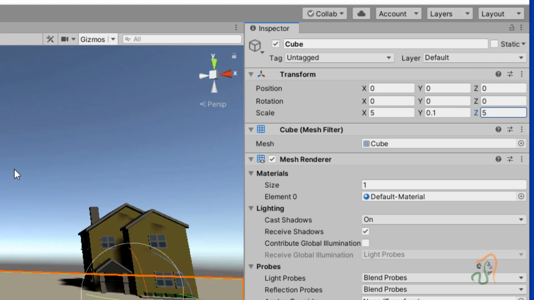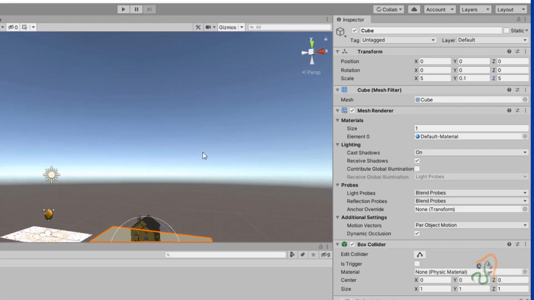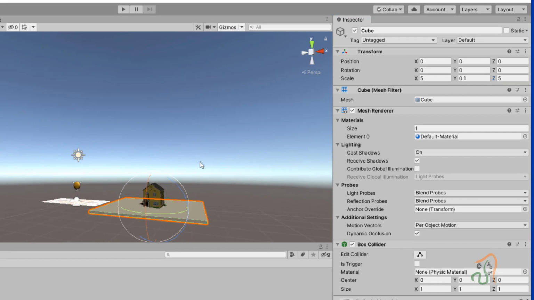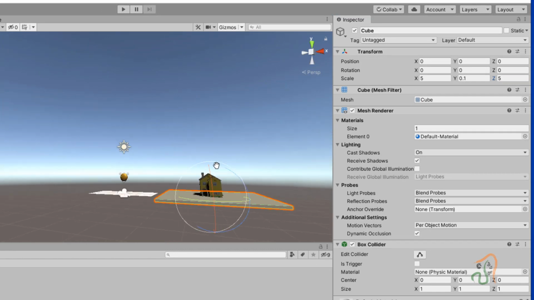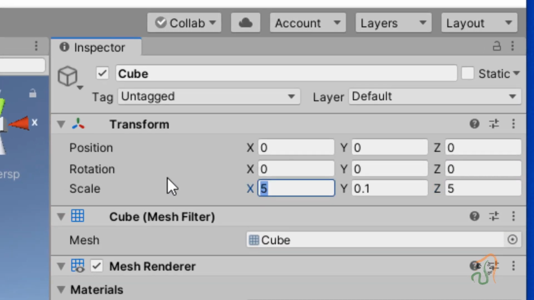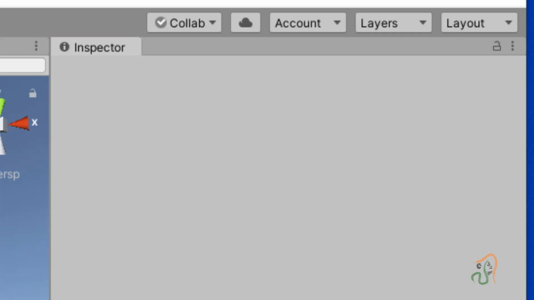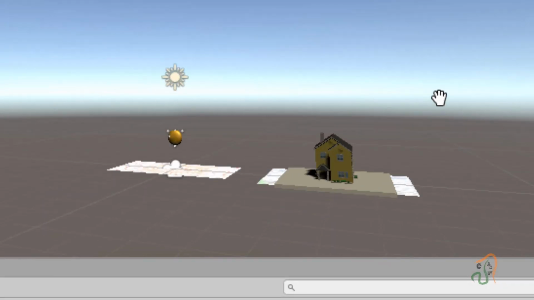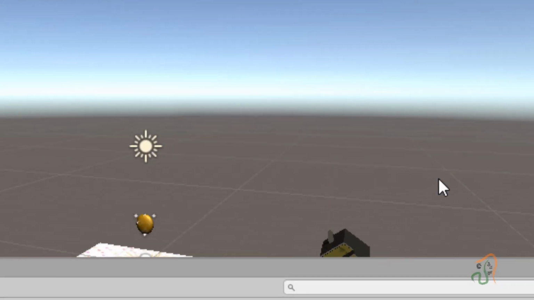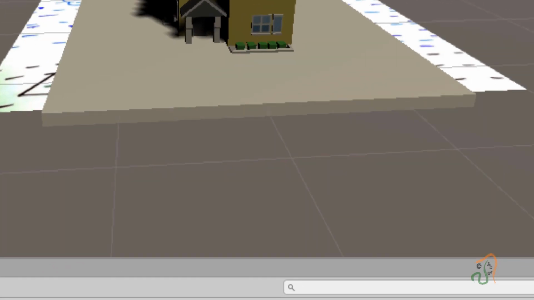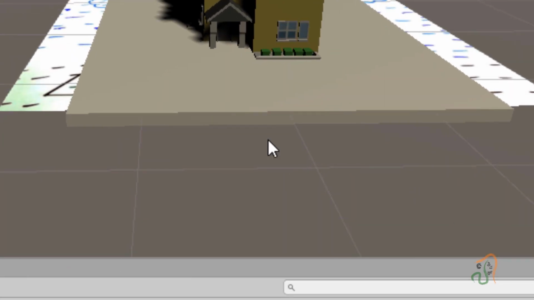You can now see here, right click and see. The size of this floor is still a little bigger, so let us reduce it. Instead of 5, let us make x 3 and z 3. I have made x 3 and z 3. This is fine. We are seeing the ground. Right click and rotate and see, we have the ground here.